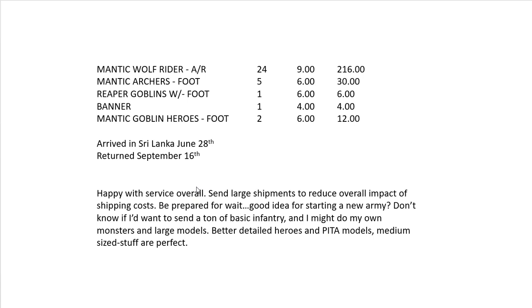So yeah, overall here are my comments. Yeah, service overall was fine. I think the models look great. Certainly better than anything I've painted. If you're gonna take advantage of the service, you've got to do a huge army, I think, to mitigate the high cost of shipping. Again, it takes a little while, but I think if you're gonna start a new army in 3rd edition and you got